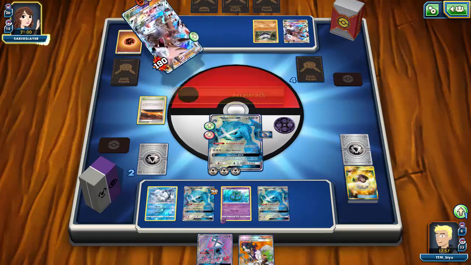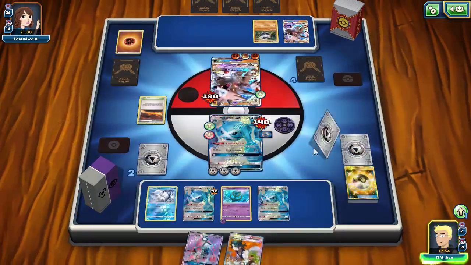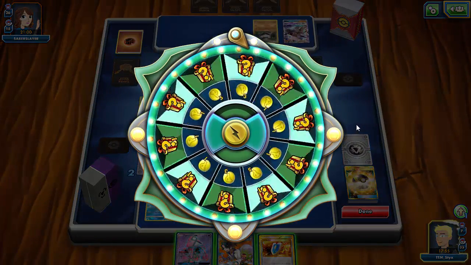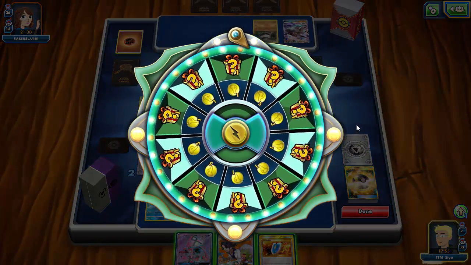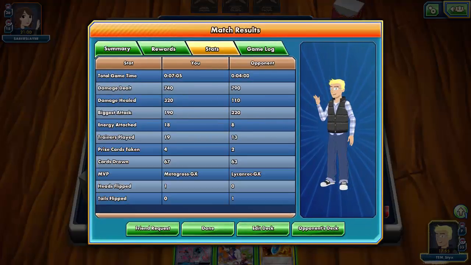Okay, we do see goes for the Accelerock. That's fine. And you know what? I might end this in style with... Oh, I was going to end it in style with Dhelmise. But unfortunately, my opponent just attacks and then leaves. So there's that. An unfortunate twist to the game. Well, not really a twist, but an unfortunate ending. We weren't able to end it with style points. But either way,